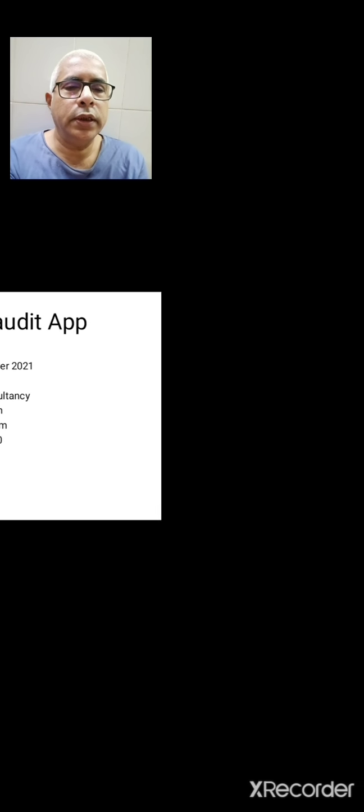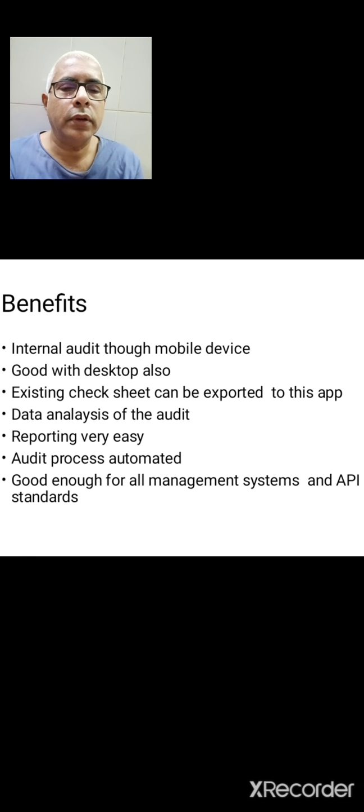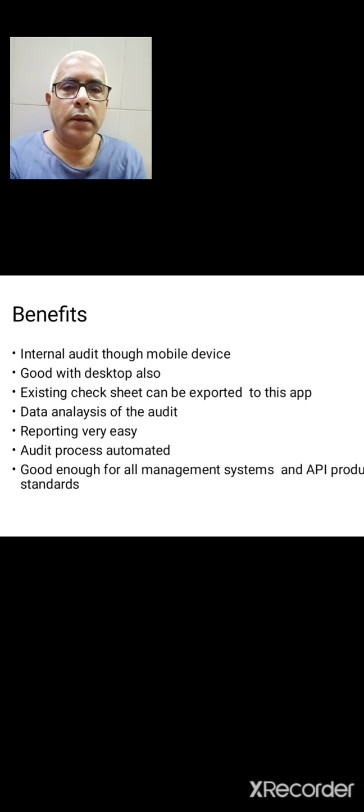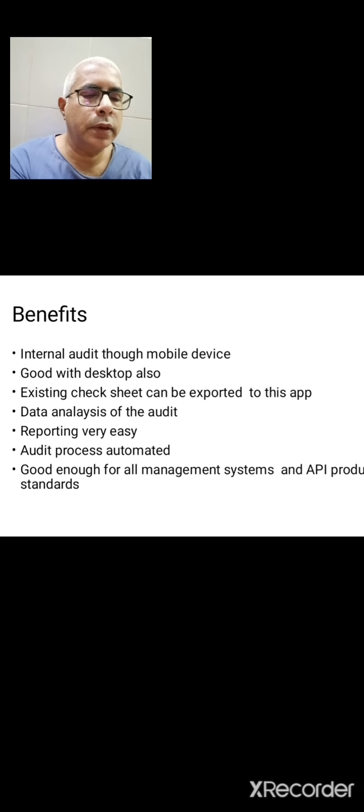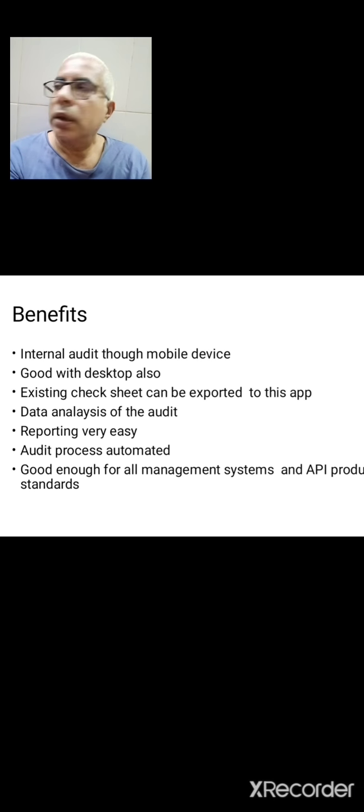We are introducing a unique software which is developed through Zoho Creator. With this application, you can do the internal quality audit using a mobile phone, whether it is iOS or Android. You can make use of your mobile phone to complete the audit process. Your existing Excel worksheet can be uploaded into this app, and the data analysis part is very easy with this application,